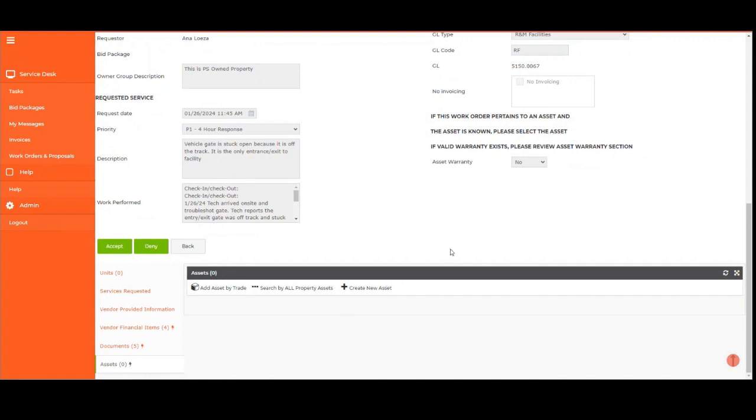Hello and welcome to Public Storage's vendor tutorial guide to assets on work order. In this tutorial, we will be covering how to select an asset on the work order, how to remove the asset from the work order, selecting no assets available on the work order, retiring the asset, and creating the asset